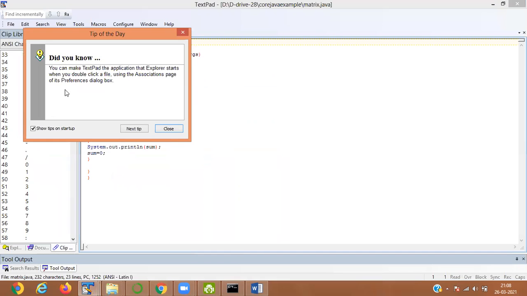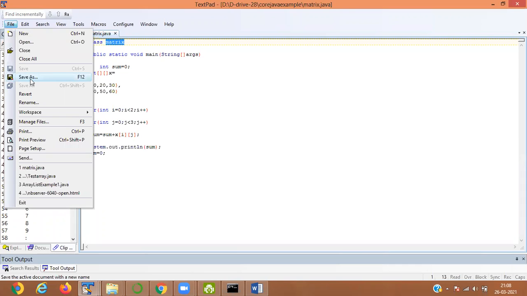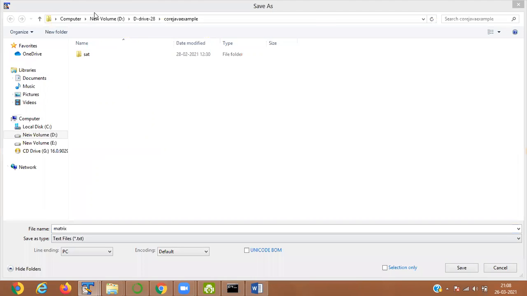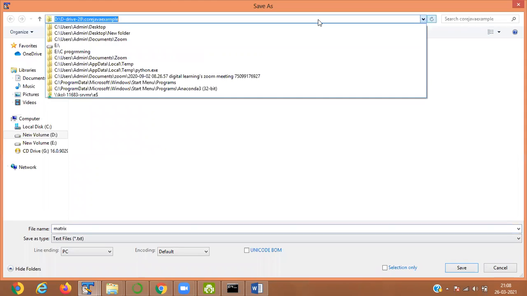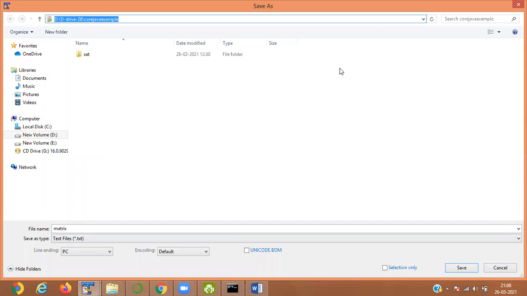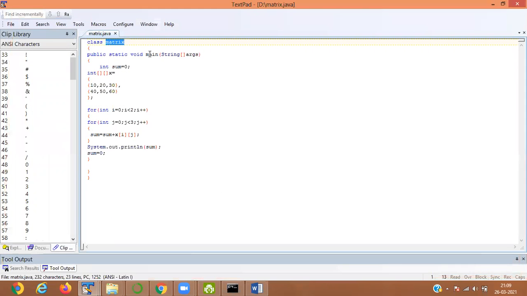Means row wise it is added, the elements.